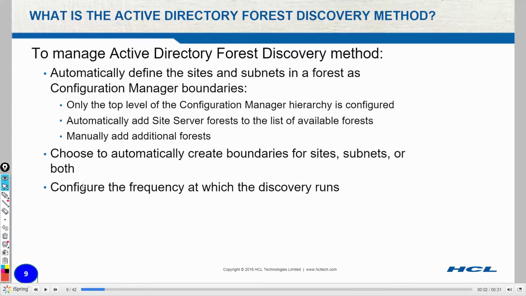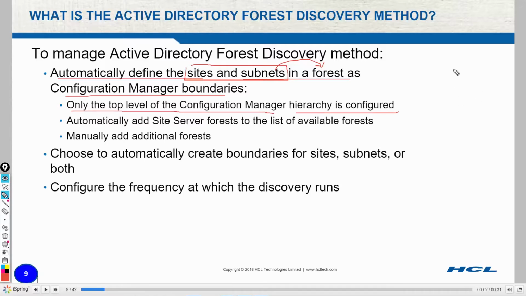Then, talking about the Active Directory forest discovery method, it automatically defines the sites and subnets in a forest as Configuration Manager boundaries. So Active Directory forest discovery will discover your sites and subnets in the AD forest. Only the top level of the Configuration Manager hierarchy is configured.